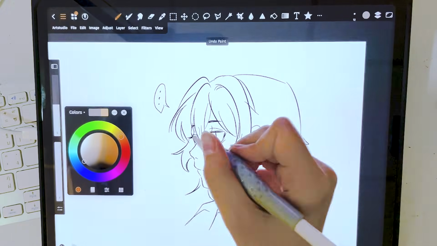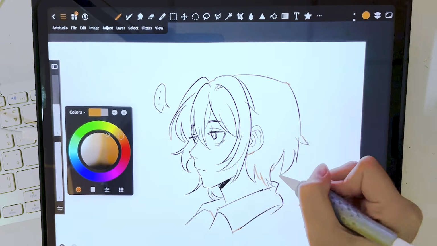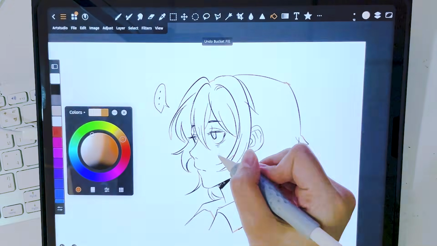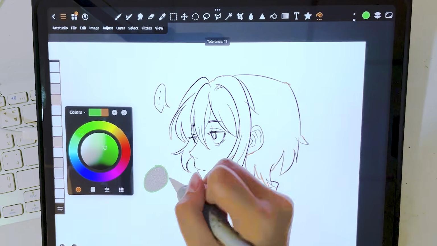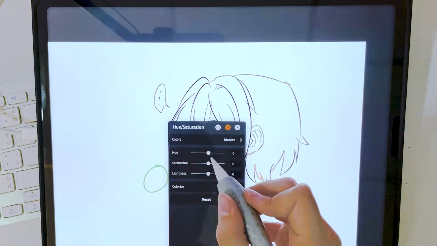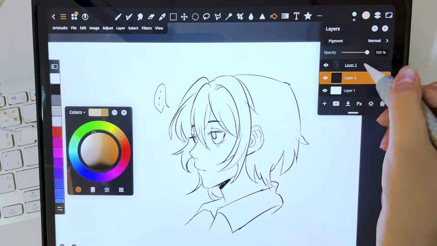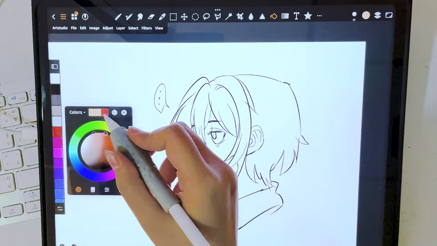I was using the free trial of this, so it's limited to only 3 layers. One is the background layer, one was the line, so if I wanted a color, I had to delete the sketch layer. Later on, I just found out that the Paint Bucket tool has options to reference all layers or just current and below, other options than that. But there was no function to ignore the gaps.